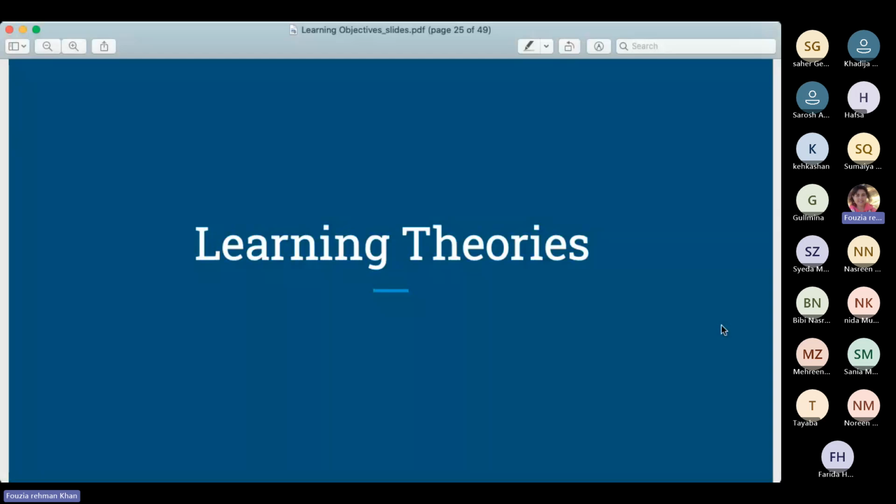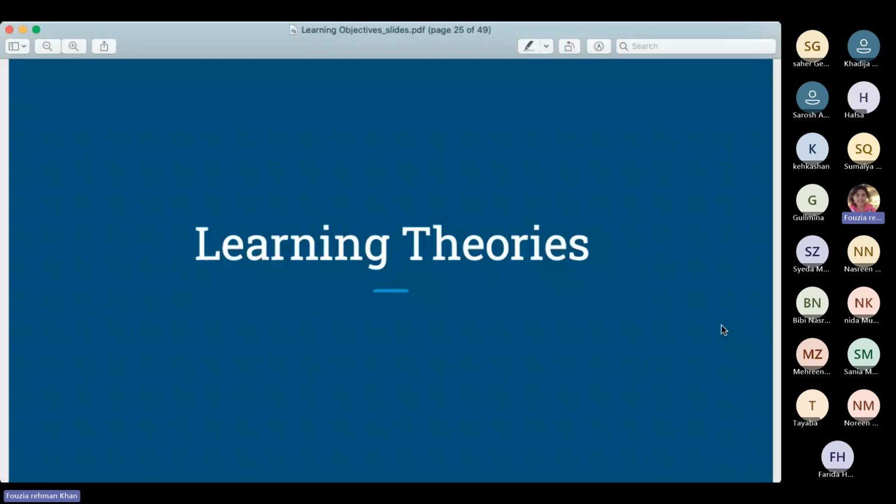Now, why are we doing the theories? What are these theories? These theories are behaviorism, mentalism, cognitivism, constructivism. All of these are called theories or models, learning models. Now, why is it important to learn about these theories, and how do we connect it to developing learning objectives? It is because we take help from the learning theories in order to develop such objectives that